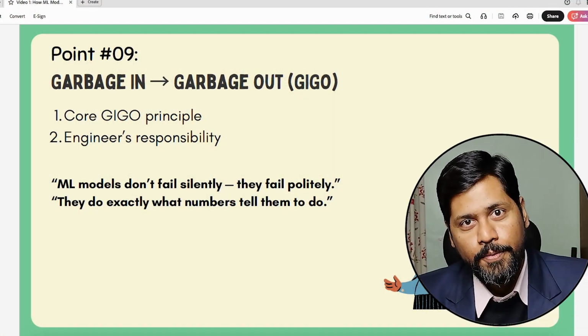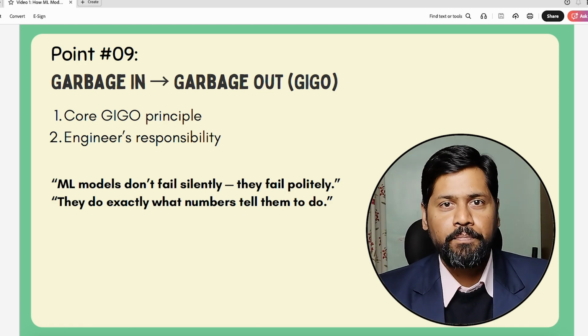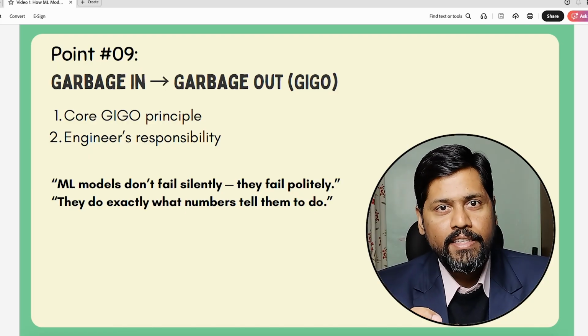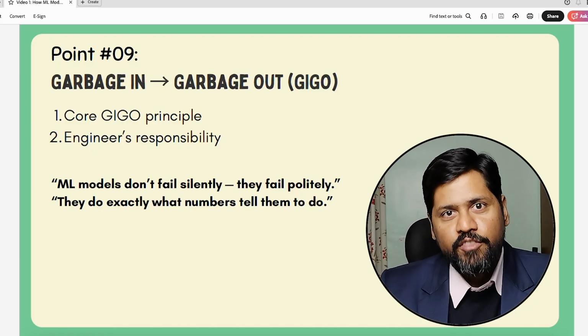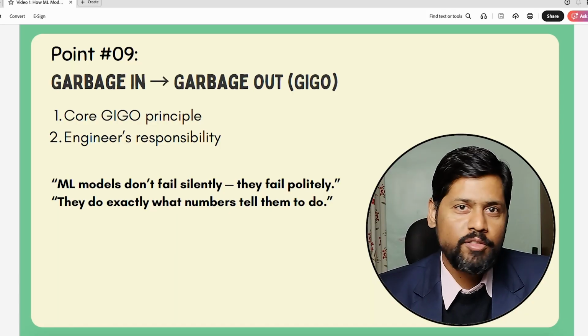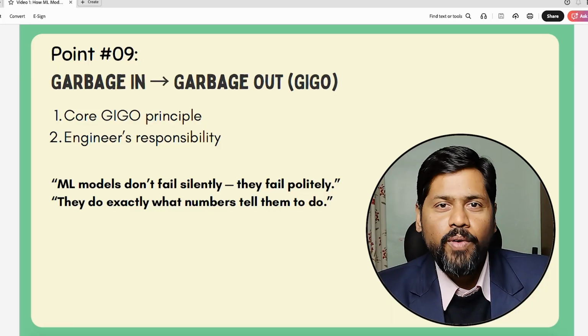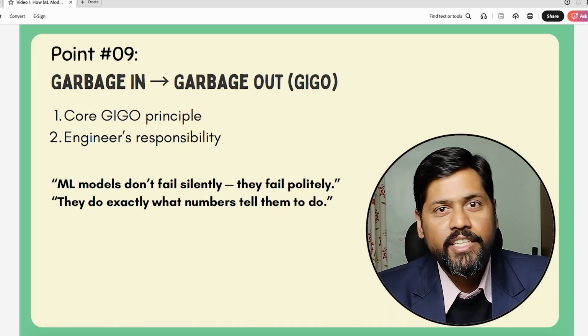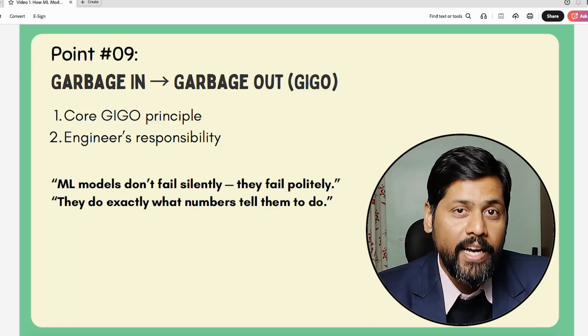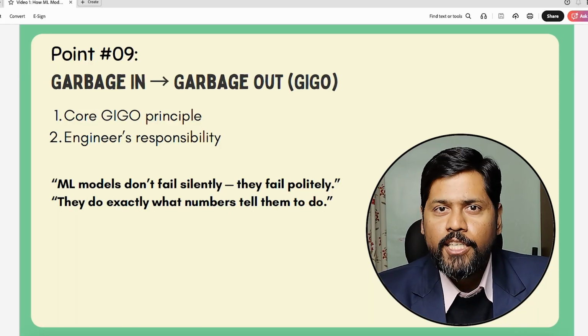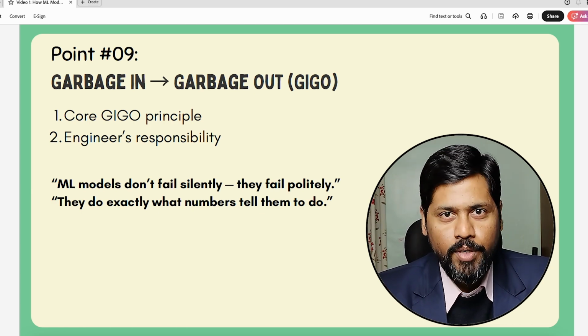So we have reached the ninth and final point of this session, GIGO, garbage in, garbage out. The principle of GIGO states that if we feed garbage into our ML model, what is garbage? Invalid data, incorrect data. So the output that will be generated by our model is also going to be garbage. We have discussed multiple cases of invalid data, like having a negative sign attached to a number when ideally it should have been positive, having zero, having numbers in our data which are total outliers, way beyond the acceptable range.